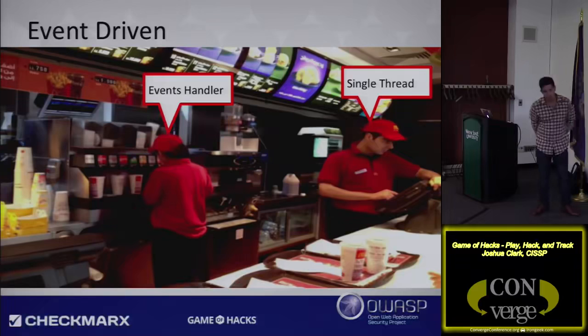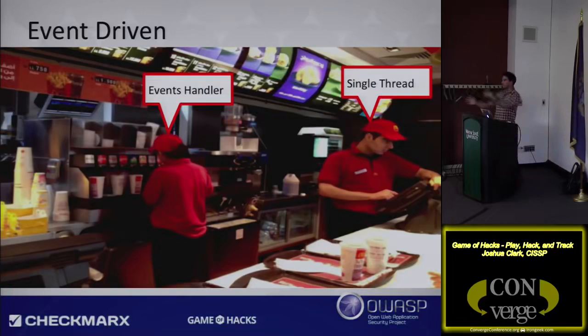You go up to the register and order some food. There's usually one guy there that takes your order. You can think of that as a single thread. He processes your order, and the order goes off, and then you've got the little event handlers, which are the workers. They go off, make your burger, go off, get your fries, go off, get your drink. Boom, there's your return. That's essentially how the architecture works with Node.js.